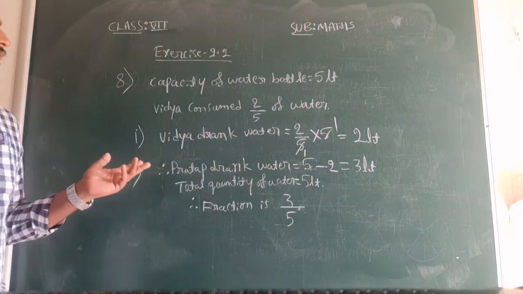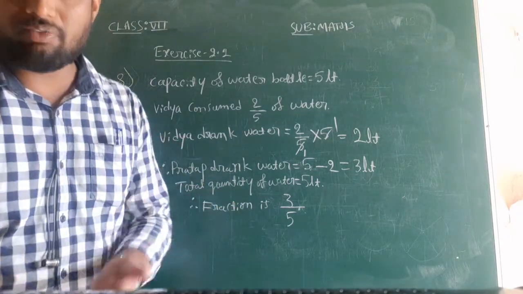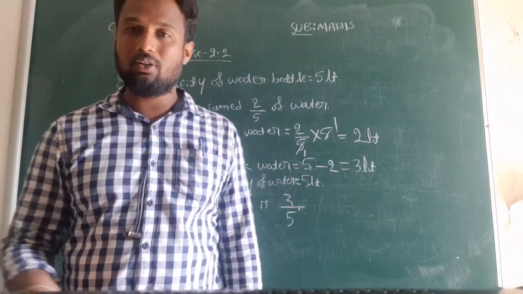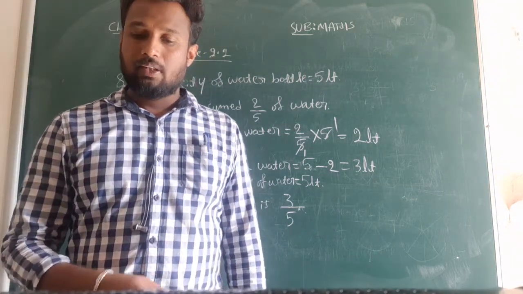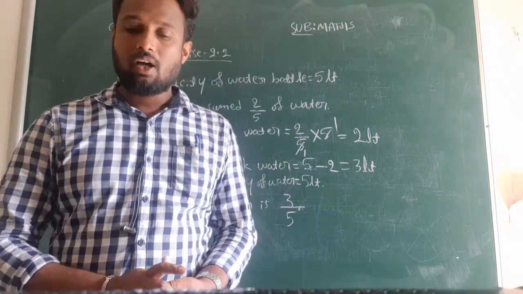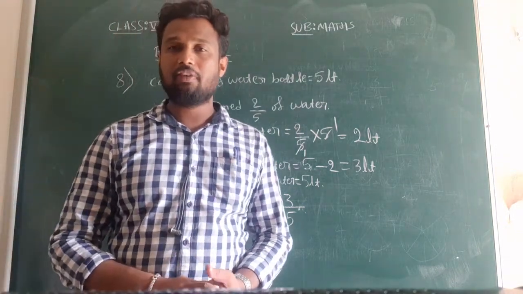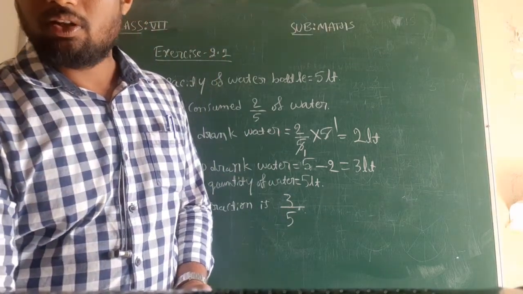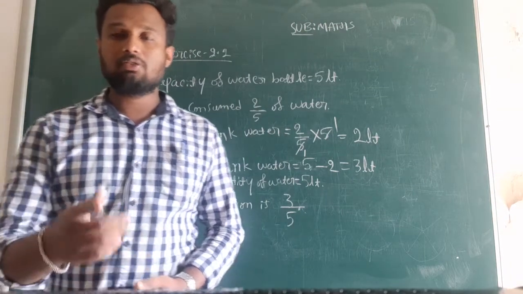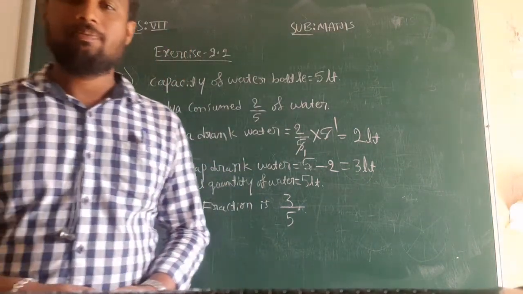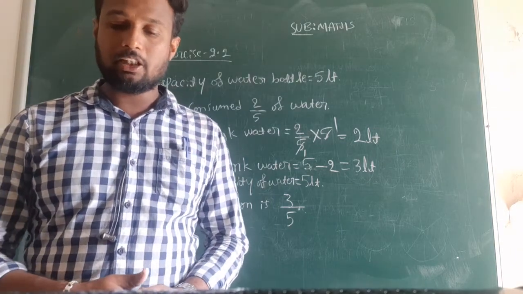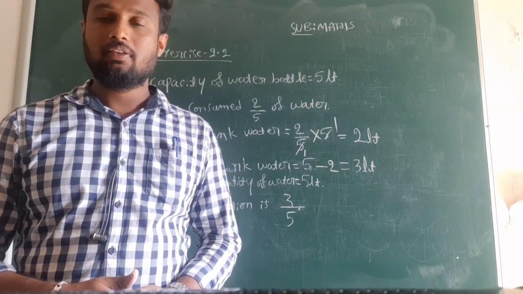In the next class, I will continue with the concept, that is multiplication of a fraction by a fraction. Already we started multiplication of a fraction by a fraction in the previous problem, that is 1 by 2 of 2 into 3 by 4. But in the next class also I will explain how to multiply a fraction by a fraction, and we will solve some examples related to that concept. Okay, pause this video and write the example. Next class we will continue with the multiplication of a fraction by a fraction.